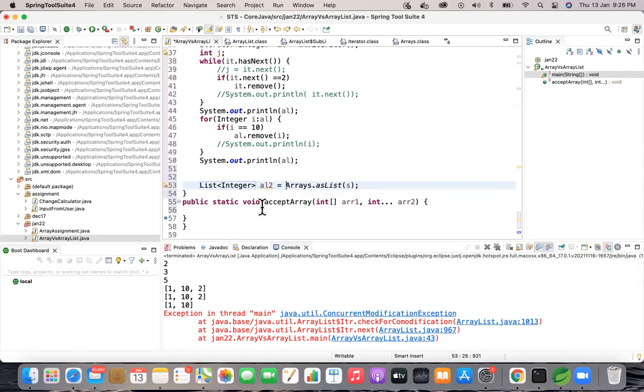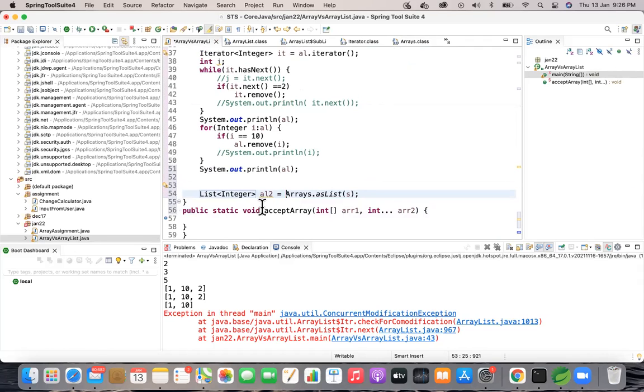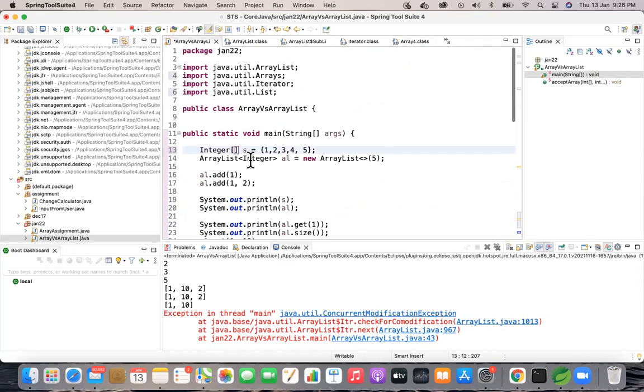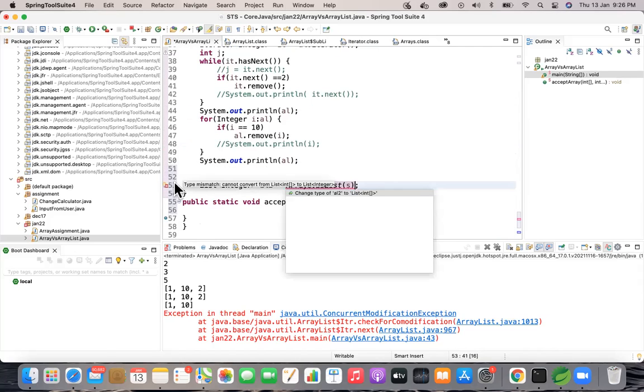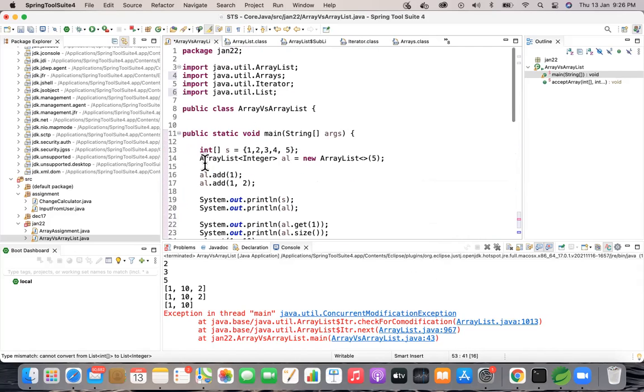Okay. So asList is something with which you're converting from your array. It accepts only objects. ArrayList, LinkedList, everything will accept objects only.